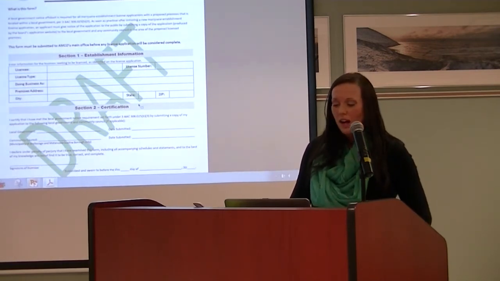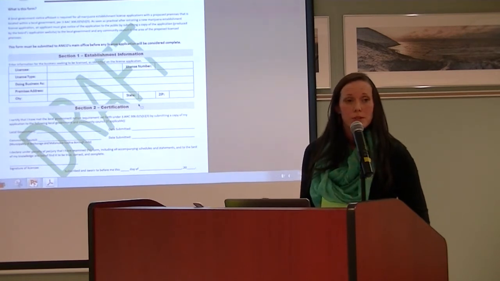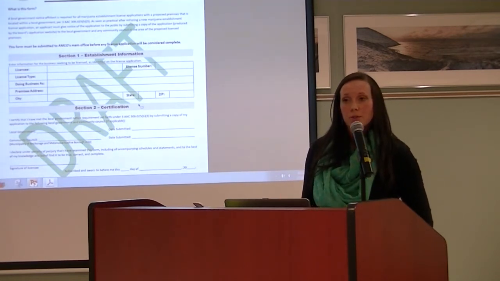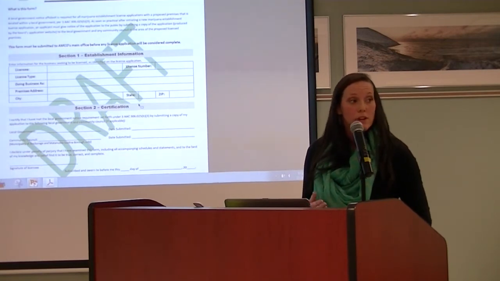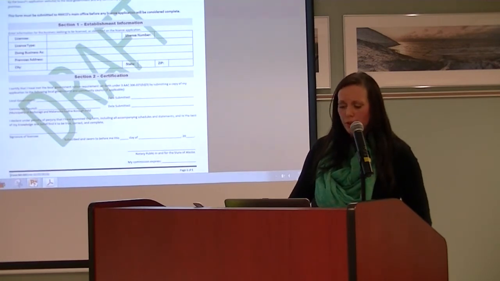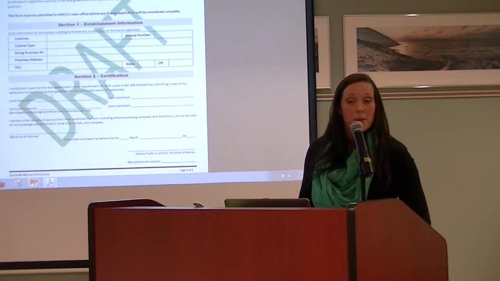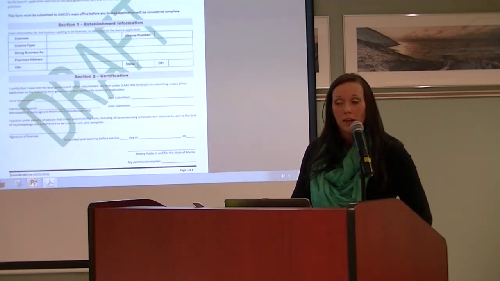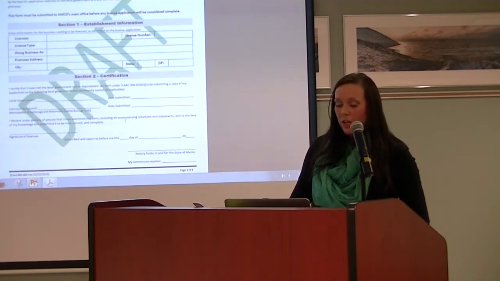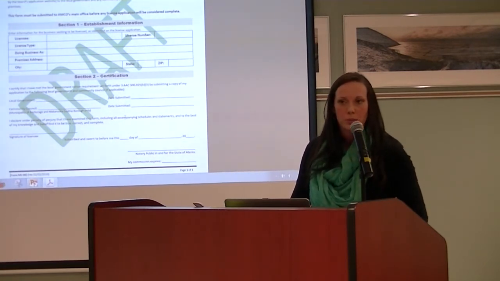And furthermore, it also creates a line of contact with your local government. As I said earlier, as I was going through the flow chart, you will want to contact your local government to find out what specific requirements they will have in addition to our state licensing process. So it gives you that form of contact with them. Once you have notified them, you can either send a copy of that application, the same application that you're going to use for your posting. You can either email them a copy of it, or you may mail it. Some places may let you hand deliver it. But you'll want to contact your local government to figure out the best way to get that information to